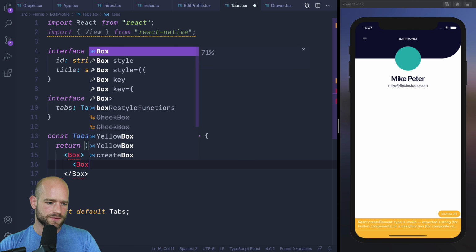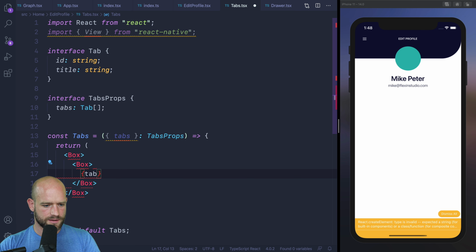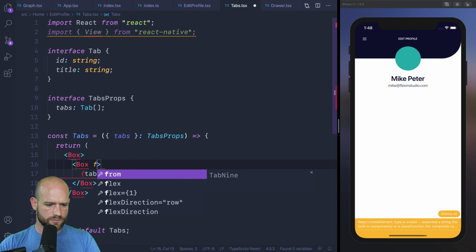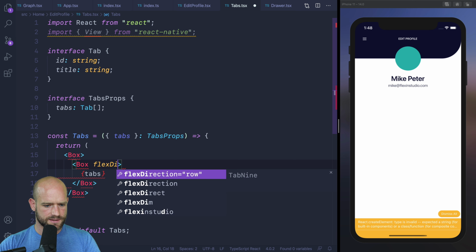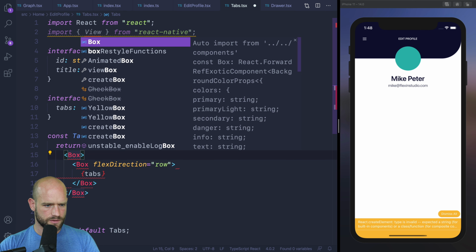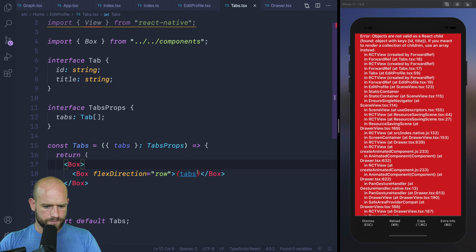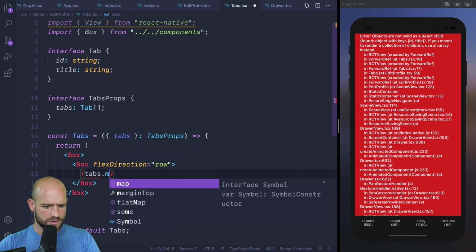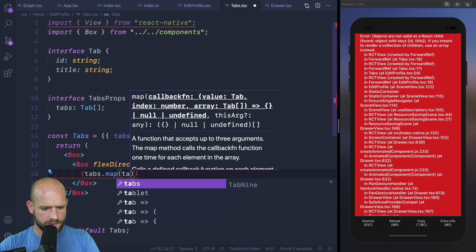Okay, so let's here loop. So here we'll have a box with flex direction row for the header, and we're gonna map over the tabs. So tab,